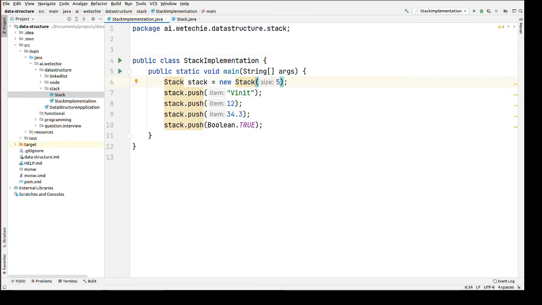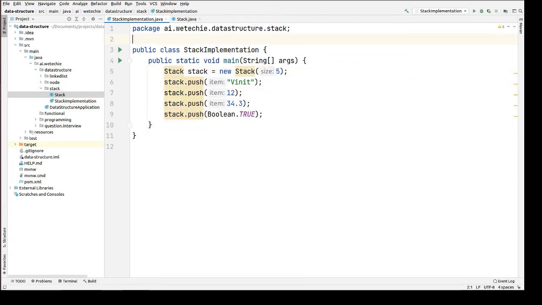Okay, now you can see this is our own implementation. There is no package imported called java.util. So it is now supporting heterogeneous types of data. We are passing string, integer, double and boolean, right? So the push operation is done.